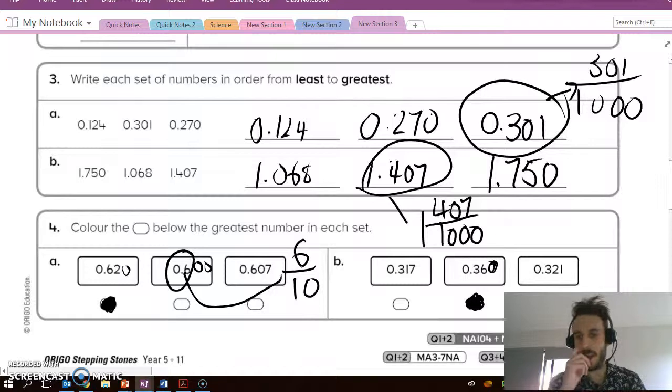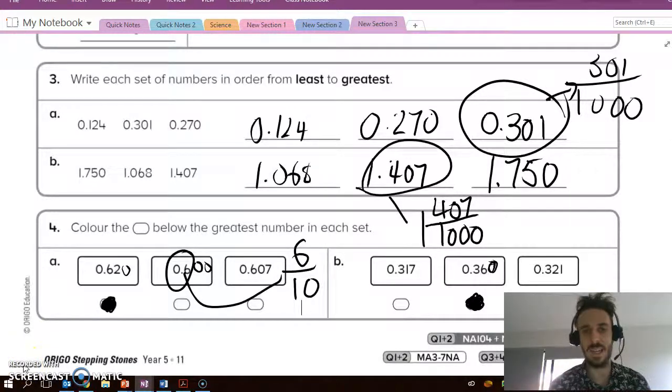If you go look at your Step Aheads in the Stepping Stones books for those thousandths questions as well, they've got some good little extension ones that put it into more of an understanding